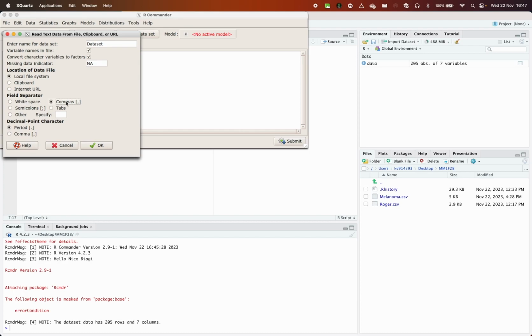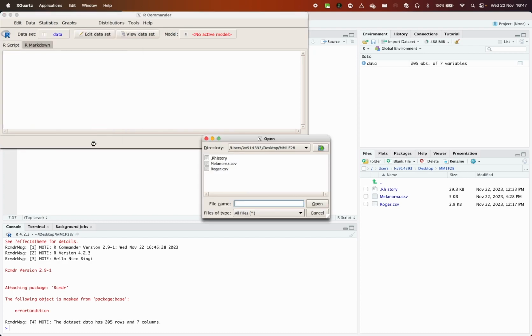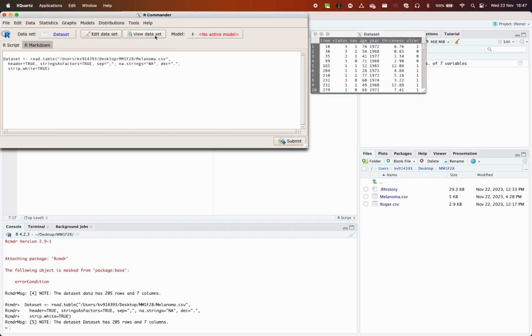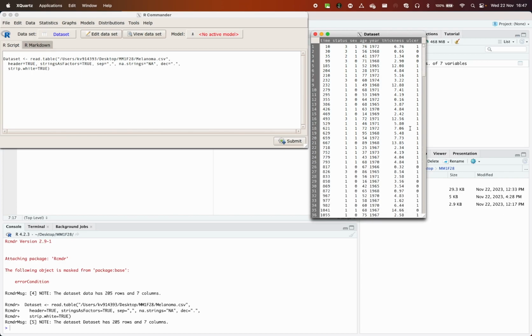Make sure that you always tick the commas. Press OK. We click on melanoma, we press open, and now we have dataset, which is the name that Rcommander has given to the melanoma file. Good. So if you look at view dataset, it is the same as before. Okay. So now briefly to talk about this dataset,